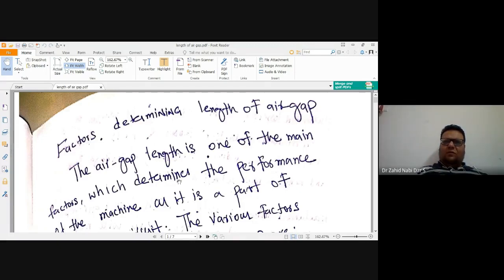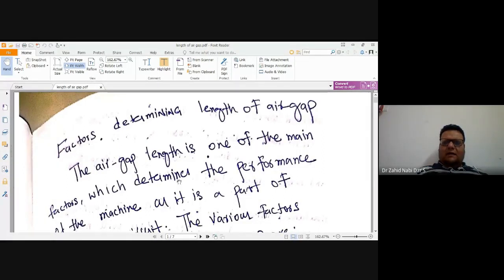Accordingly there would be some air gap, but as far as the transformer is concerned, the air gap is very less. Number one, there is no rotatory part in a transformer. The second thing is that the efficiency of the transformer is very high. In a normal transformer, the efficiency is always above 90%. And till date, the most efficient machine on the surface of Earth is the auto transformer.